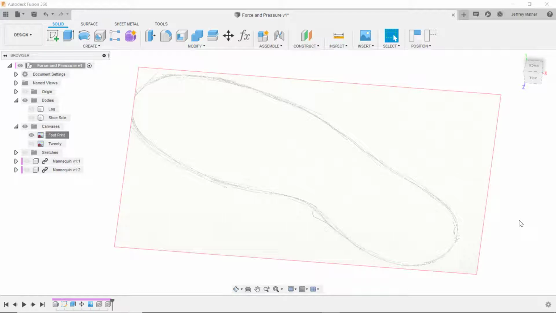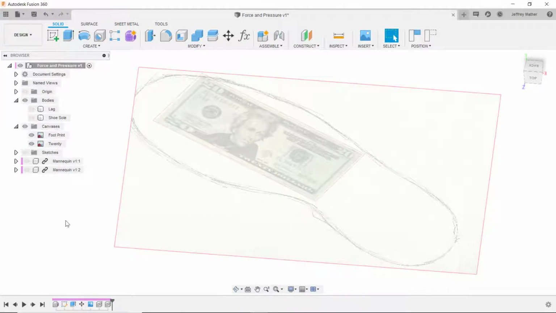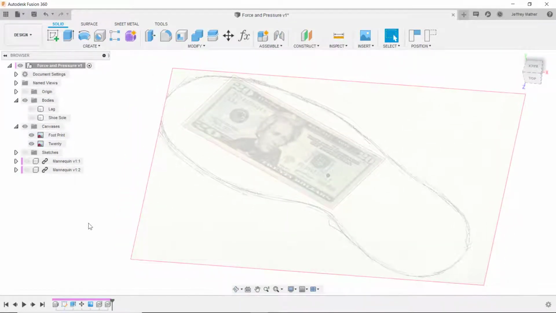One of the issues that I see beginners have with FEA analysis is they get confused with the difference between force and pressure. So to illustrate that, I'm going to do a little magic trick here. I have put my shoe onto the sheet of paper and I've traced out the profile of my shoe. What I propose to do is I'm going to stand on somebody's chest and give them a $20 bill for